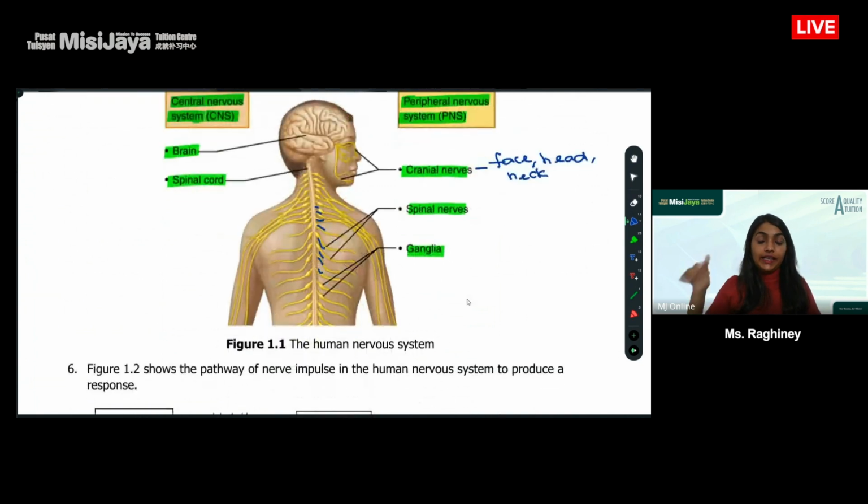How about ganglia? What's ganglia? Ganglia is actually a cluster of nerve cells. Okay, so this one is kind of like not, I can say, not so star of the show, but very important as well. They are cells, and as cells in the nervous system, they help to transmit the message. Okay, so we have stimulus, we want to respond, right? It needs to send a message. So the nerve cells do this. Okay,